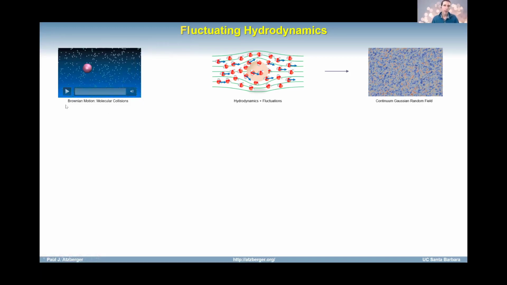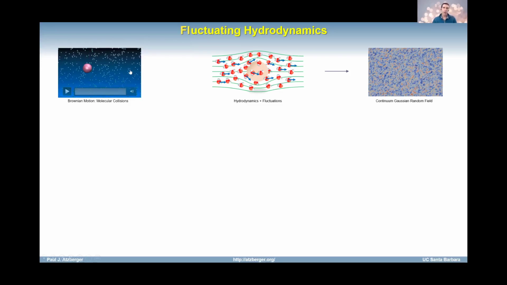So the basic phenomenon of Brownian motion arises because even if I put a sphere in a fluid where I'm not applying any external shear, that sphere will diffuse around because of a breaking of symmetry that occurs in the fluid at this scale, where sometimes you'll have more water molecules hit one side of this sphere than another. And so this little particle will, for an instant, have an imbalance in its momentum, and it'll start to move. And then that process will repeat itself. And so this leads to the spontaneous motion that was observed by Robert Brown.